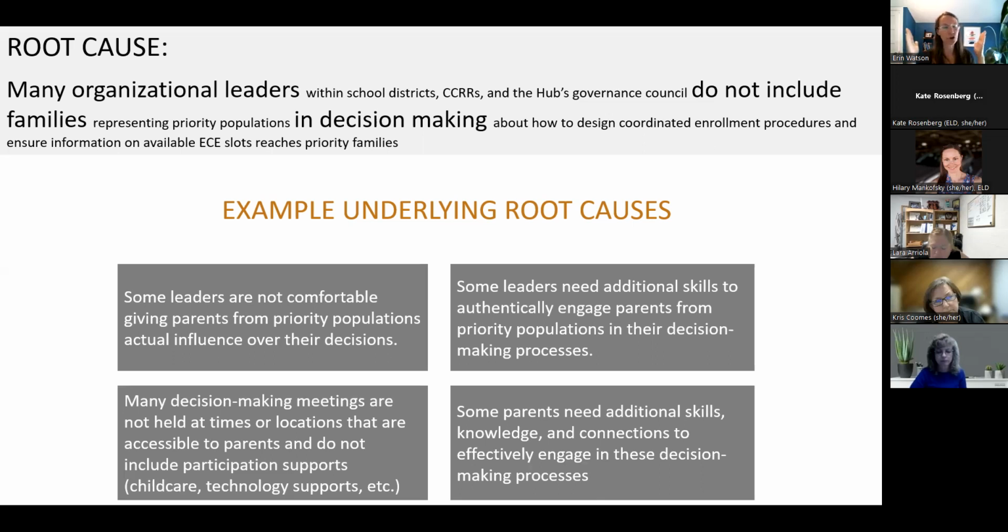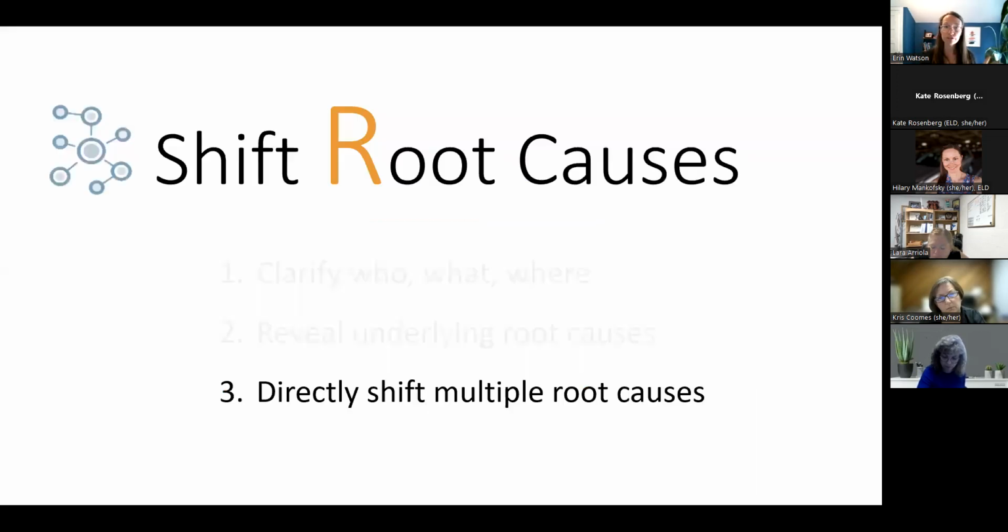It just allows you to hone in and get very specific and clear and targeted on what your strategy is trying to change, so that we don't accidentally, unintentionally make a lot of assumptions and target the wrong stuff. So these underlying root causes really, again, help to hone in your strategy design process on exactly what's going on in this situation.